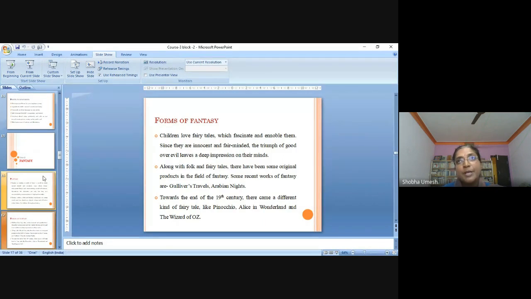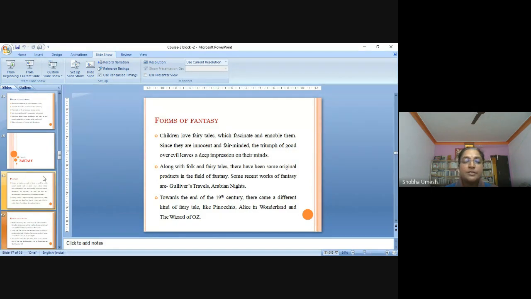Also, that is the age at which we teach that God is a power, to whom we have to offer praise. So a kind of fear is taught to young minds at that age. In that way, good and evil leave a deep impression on the minds of the child. So we have to be very careful when writing stories. And also children love to listen to folk and fairy tales.